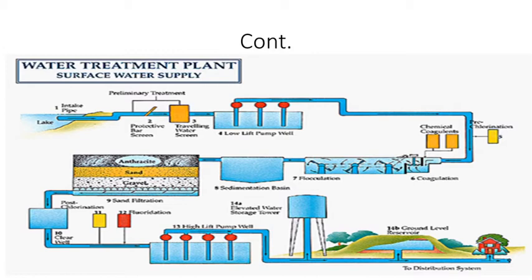Okay, so in the process of disinfection, we use a disinfectant. So what is a disinfectant? A disinfectant is nothing but the material which is used for the disinfection process. The material which is used for the disinfection process is called a disinfectant. And that disinfectant has some basic qualities. What are the basic qualities?